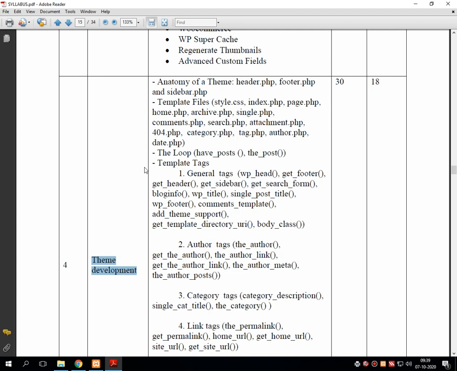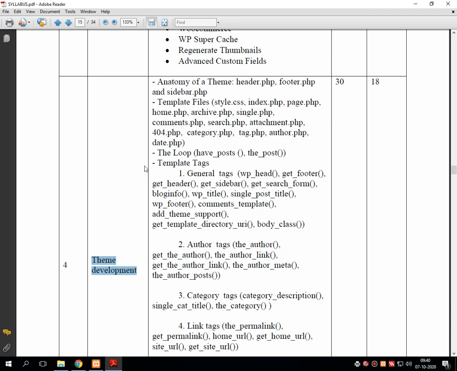Before starting the detailed discussion about the anatomy of themes, the word anatomy should be clear to all of us. What is anatomy? Anatomy is actually a medical word, where it means the internals of the body. Whenever the human body is dissected by doctors to search for its internals, that is called anatomy. Similarly, here the theme is a body in which we have to analyze each and every part. That's why it is called the anatomy of the theme.